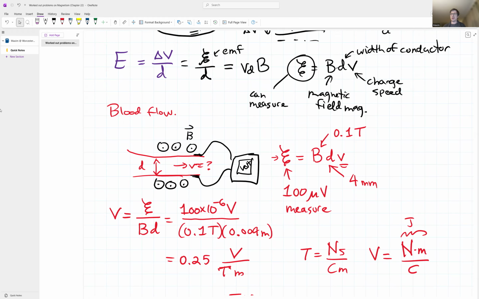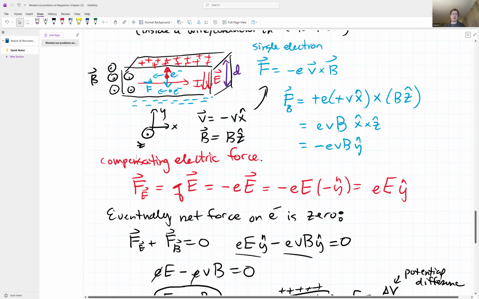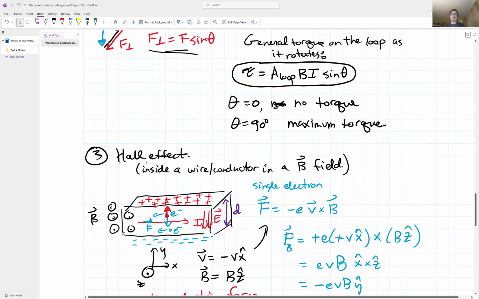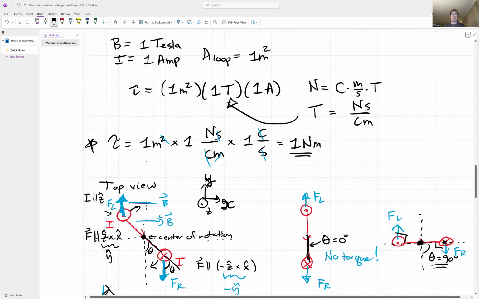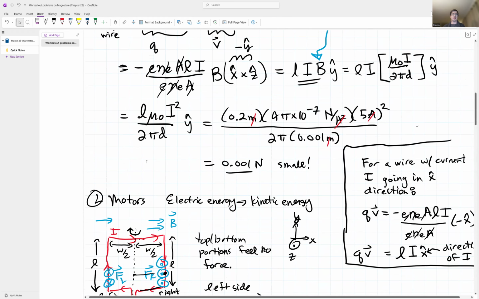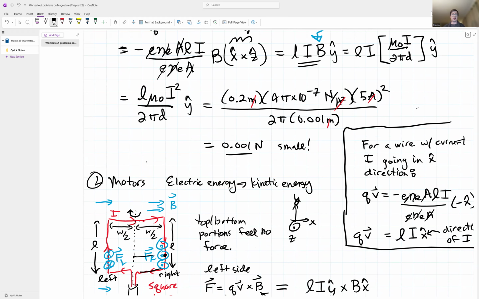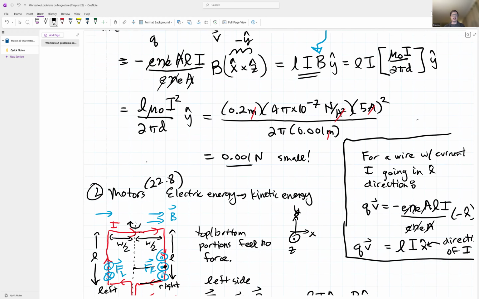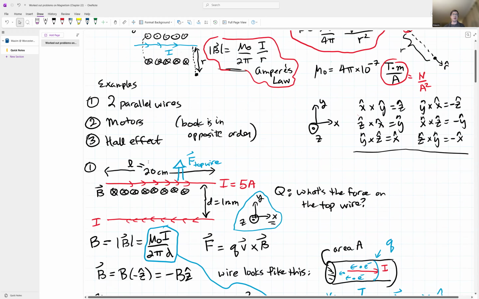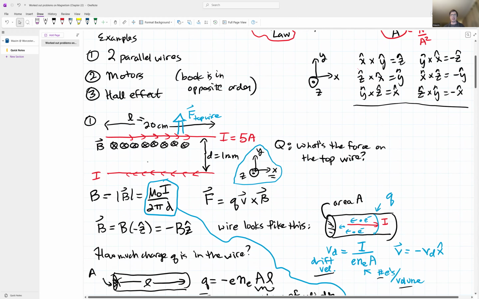All right. So those are the three examples. Again, they were the Hall effect, which is section, I think, 22.6 in the book. They were the motors, which is a little bit later, I guess it's 22.8 in the book. And the other thing was the two parallel wires. And that's from the lab that we missed, but in the book, it's section